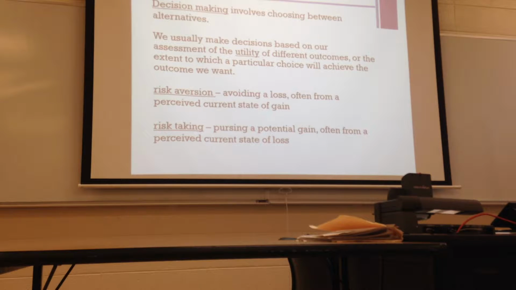So we don't always get exactly what we want, but typically we're thinking about the utility of different outcomes. We want to maximize us getting what we want. Right? That's a pretty reasonable thing. That's how we make lots of choices. And in different situations, we value and weight different things, so that's going to influence what we consider to be, for a particular decision, to have good utility versus another situation.